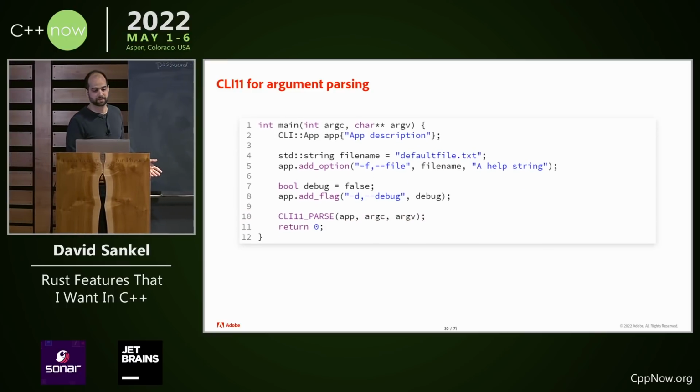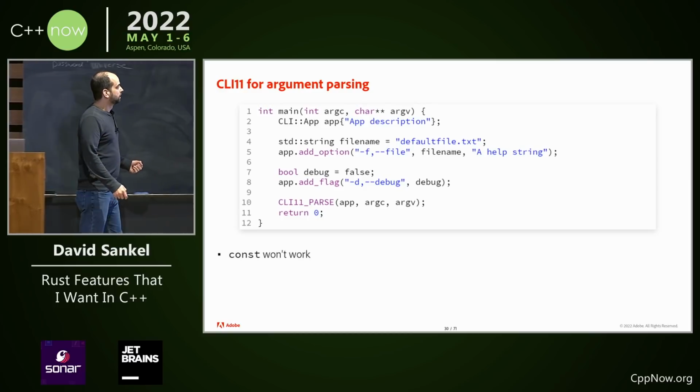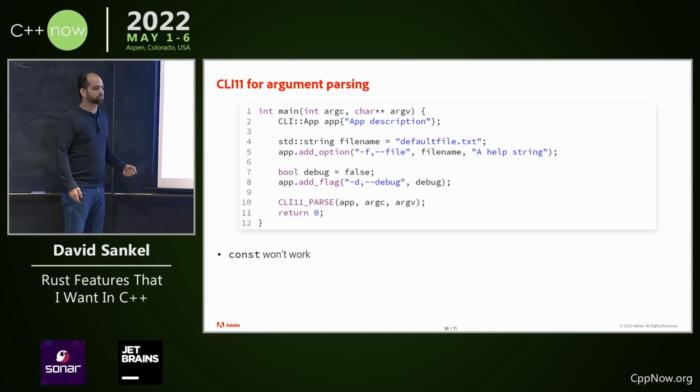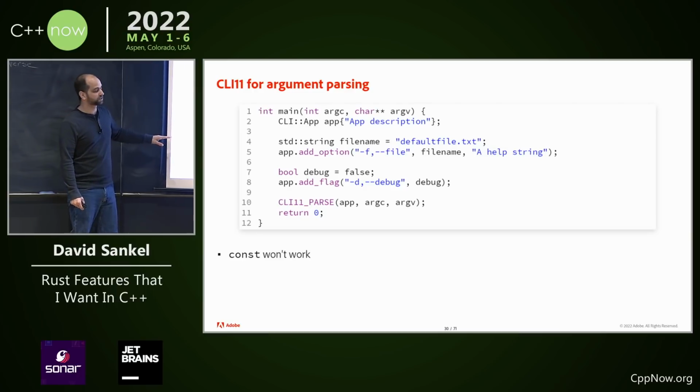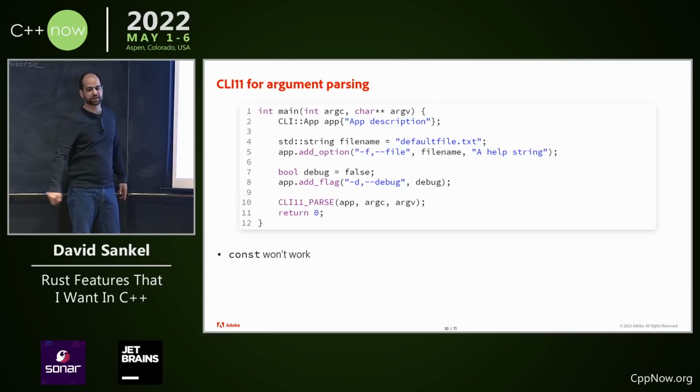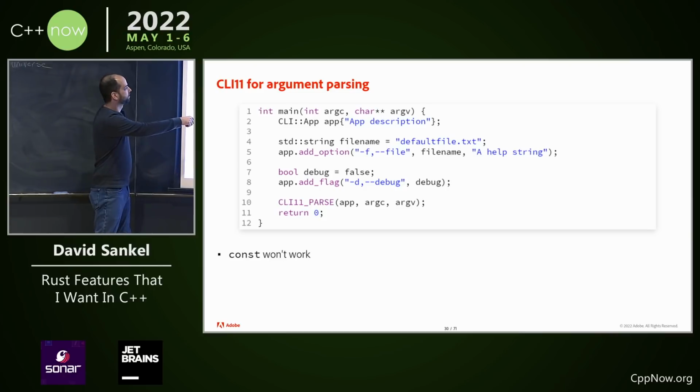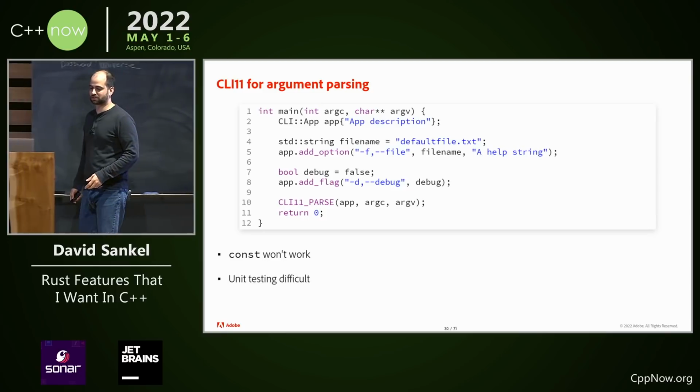Okay. So one thing I really hate about this, and most of these libraries, I shouldn't use the word hate. One of the trade-offs that I really don't like is that const doesn't work, right? I don't want debug to be a changeable thing. I don't want to have to worry that it'll be changed somewhere lower. I want to have a lot of const so that I can reason better about my program. So that's just one of the drawbacks of this library.